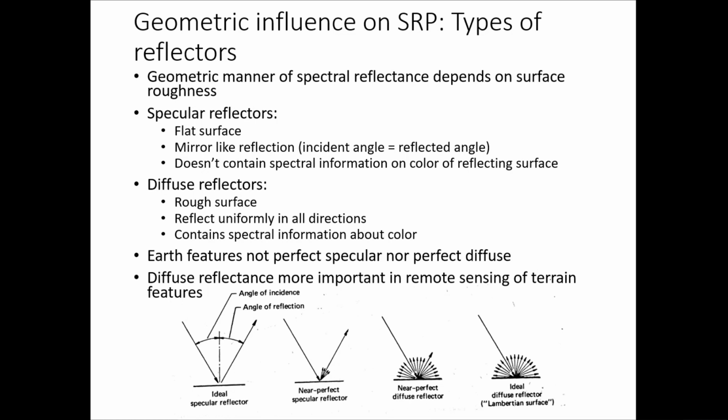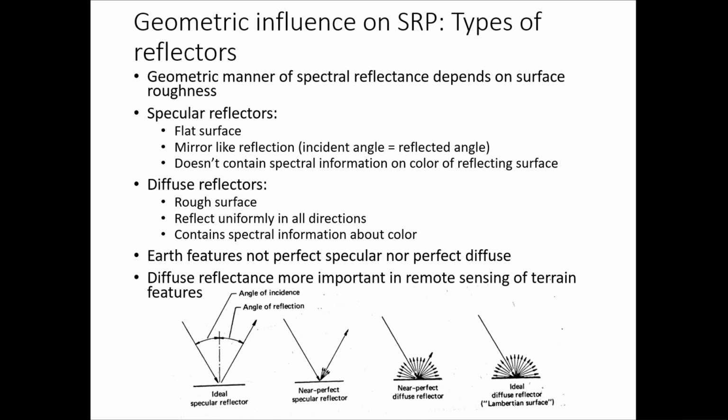Okay, so when a surface is smooth, we get specular or mirror-like reflection, where all or almost all of the energy is directed away from the surface in a single direction, as you can see in the first figure. That is a perfect or ideal specular reflector. That is, angle of incidence will be equal to angle of reflection, or the energy that falls on it reflects like a mirror. All the energy that is incident will be equal to the reflected energy. Nothing is going to be absorbed or transmitted. EI will be equal to ER.